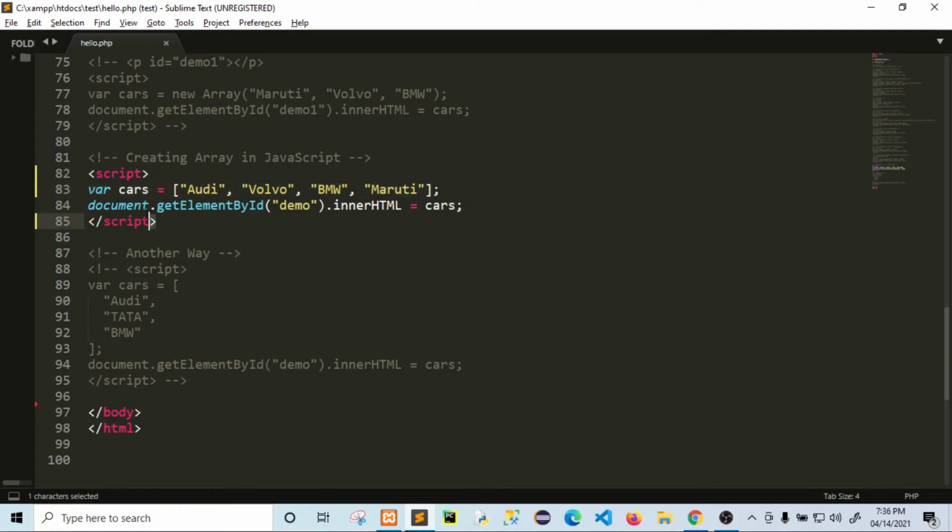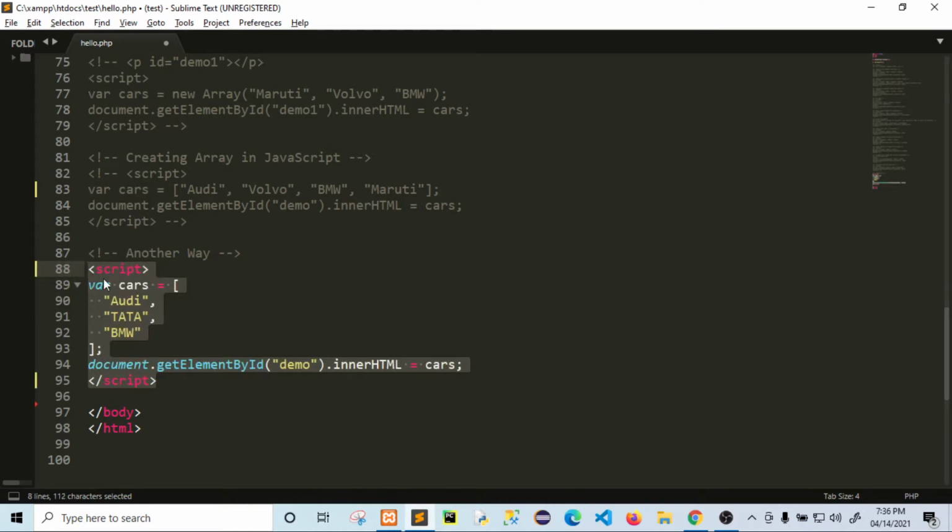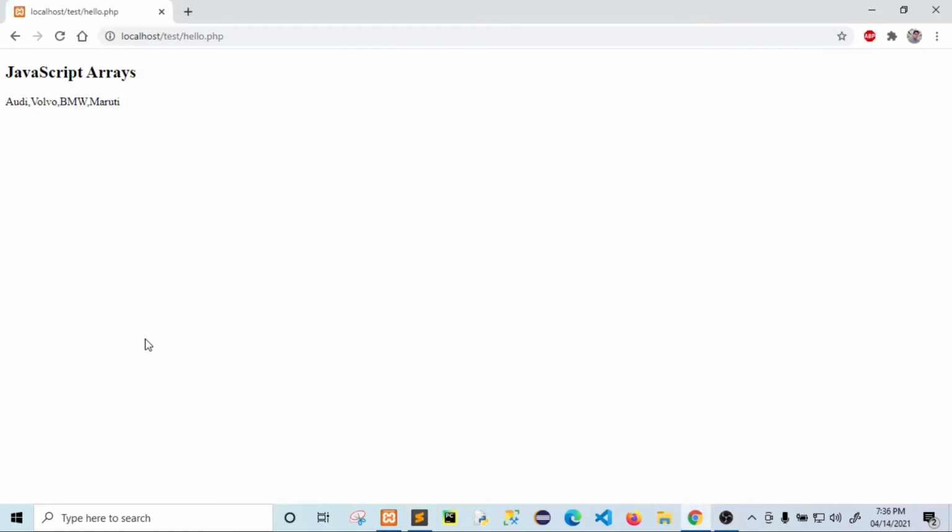This is one method you can write, and this is another method. In this way you can also write the array like this. If you save and run, again Audi, Tata, BMW.